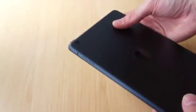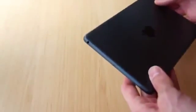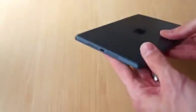Now, we don't know what that means for long-term durability, but we will be watching for scratches and such, and we'll be updating as we see them, if indeed we do see them. Overall, we like the design a lot. It fits in the hand reasonably well, but those with smaller hands may have a hard time holding this device